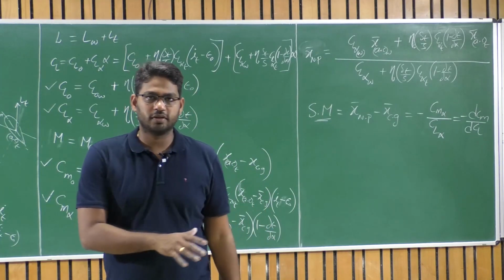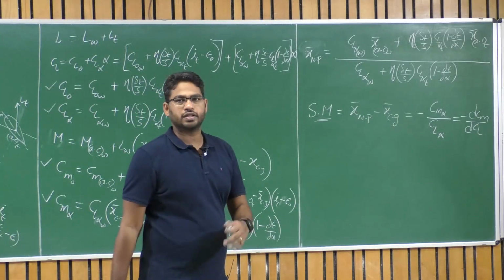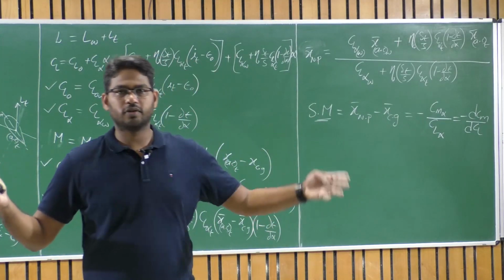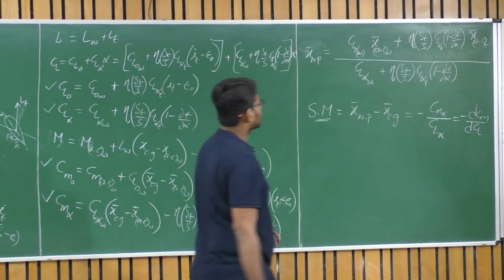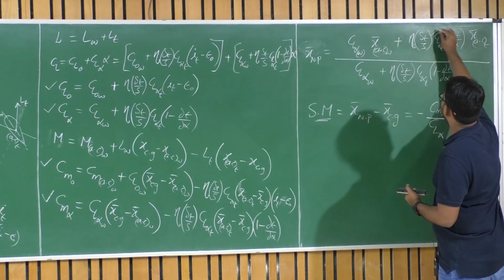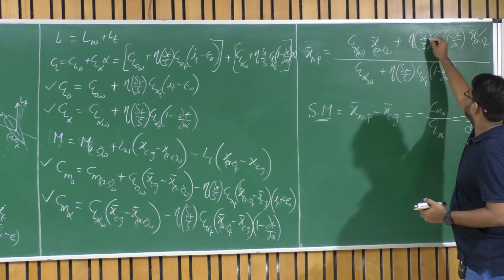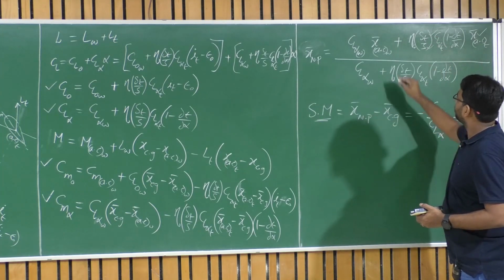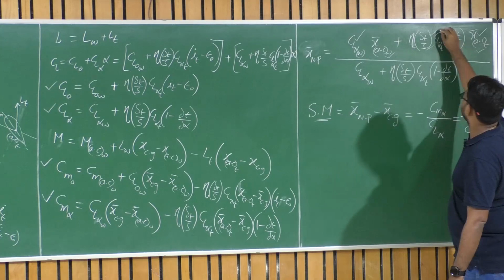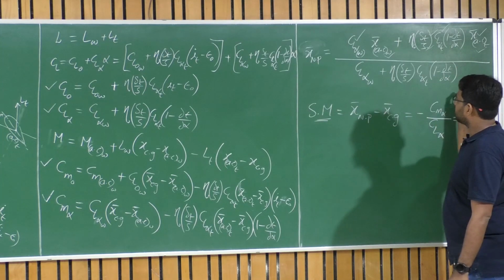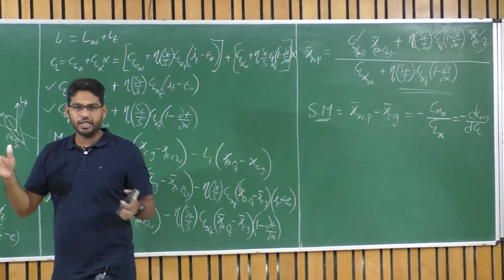Let's dedicate maybe this entire week to solve these problems. Why? Because this is what is going to help you for the design. Now we talked about wing and their contribution towards stability, and tail and its contribution towards stability. And then what is design? We need to know what should be the area, what should be the offset, no? What should be the location, what should be the area of the tail, what should be the area of the wing, and what should be the location of wing and tail, what should be CL alpha of wing and tail, right? Isn't it? So we talked about all the major parameters that govern the design of wing and tail.